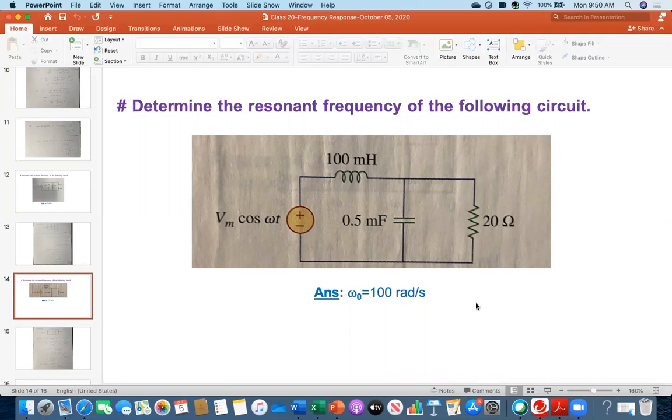Everybody, please take your pen and paper and start solving this one. Therefore, again, in this case, you see that these two are in parallel, but then this is in series. So that's why you cannot directly apply that rule. Yeah. So first, you all find out what you can do.